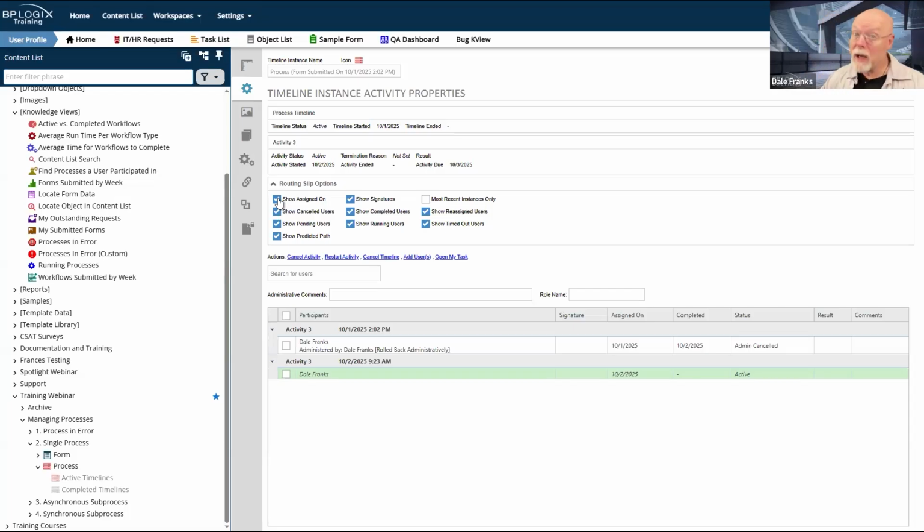So in most cases, the assigned on date, which we're now seeing here, is going to be the same as the timeline started date that we see up here, because the users are going to be assigned immediately whenever the timeline instance, the activity instance is invoked. That's not always true, because you can go in here as an admin and you can do a little monkey business,